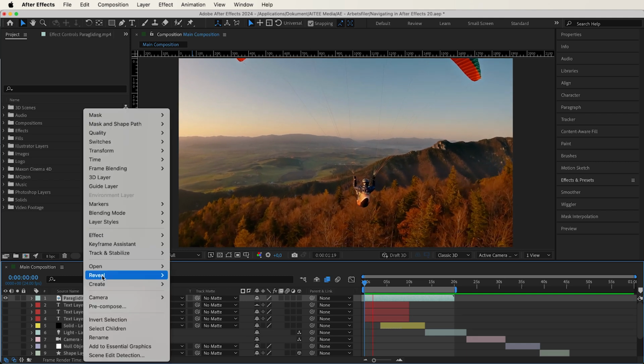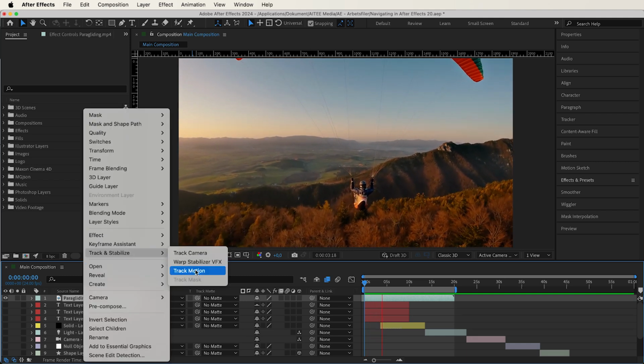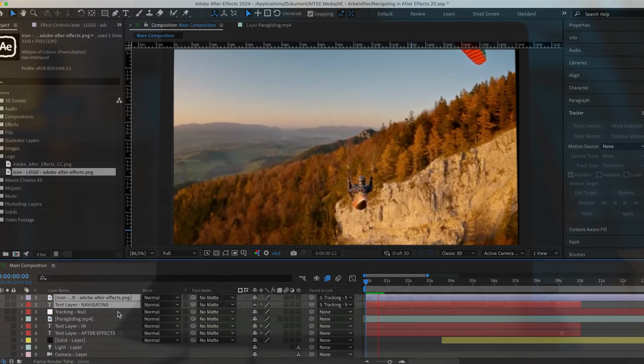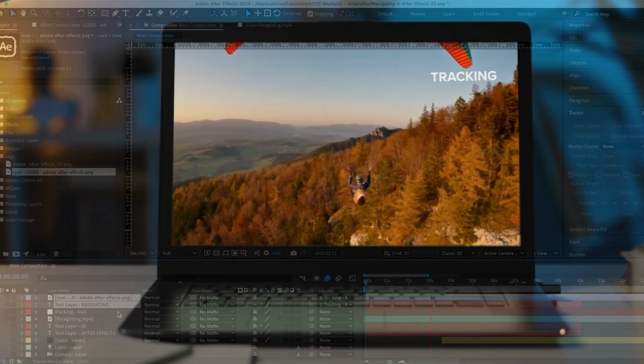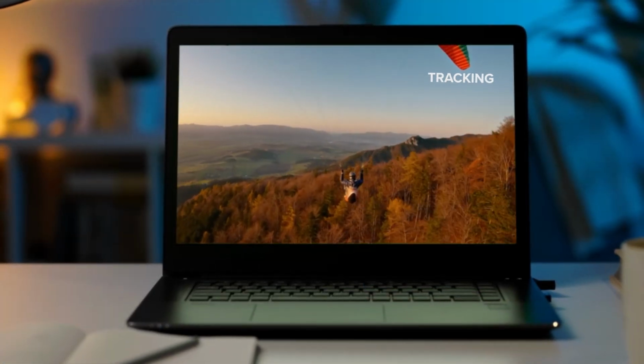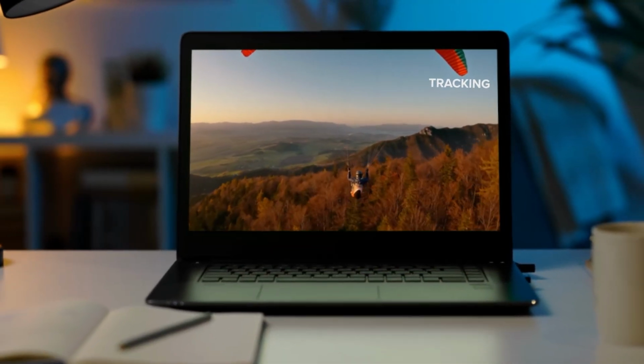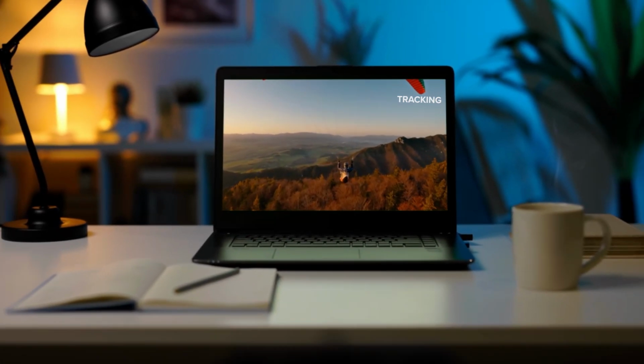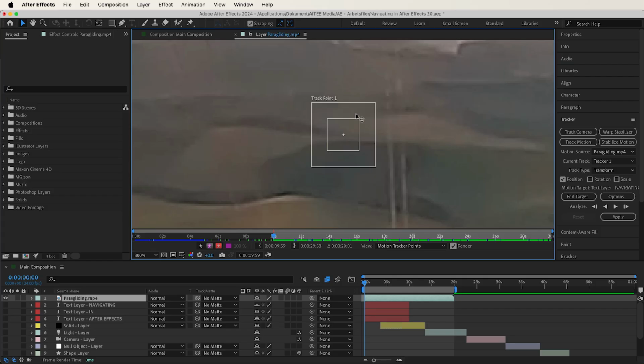Track motion lets us track any type of motion or movement within a footage and then use that tracking data to apply mainly to another object, to follow that same type of movement within a scene. Once we apply the track motion tool, this little track point will appear, containing two boxing outline squares with a